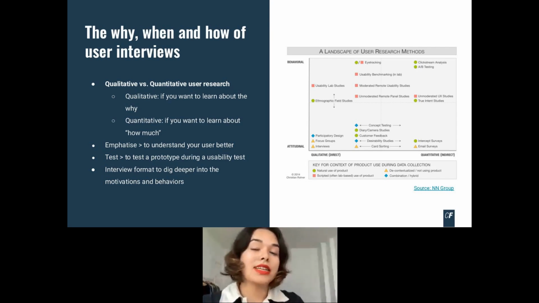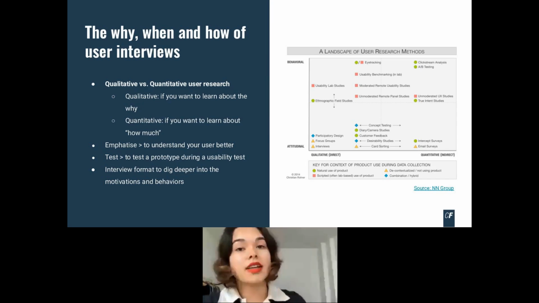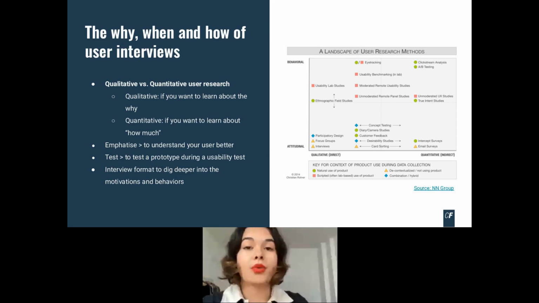Then near the end of the design thinking process, when you have a prototype and you want to test this, is also an important point to talk with your users. And you will probably do that in what we call a usability test. So in that case, you will have a prototype that you want to get tested